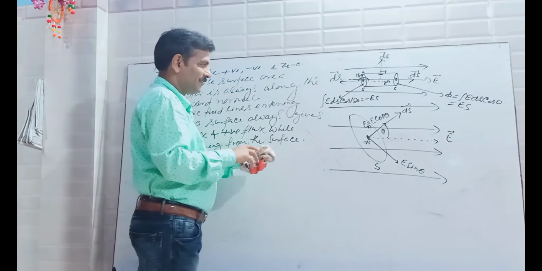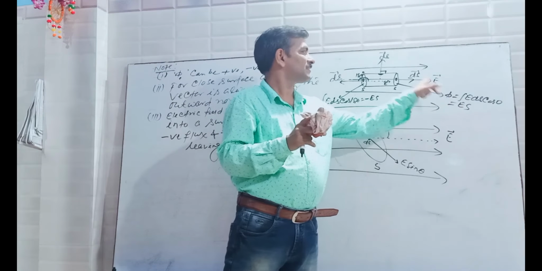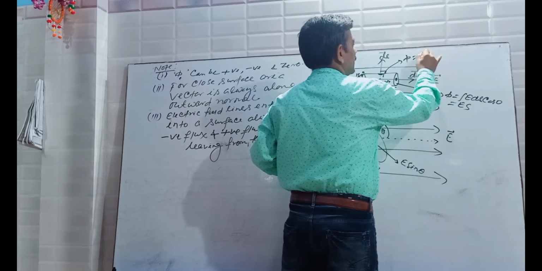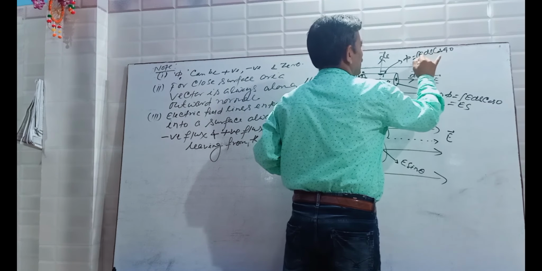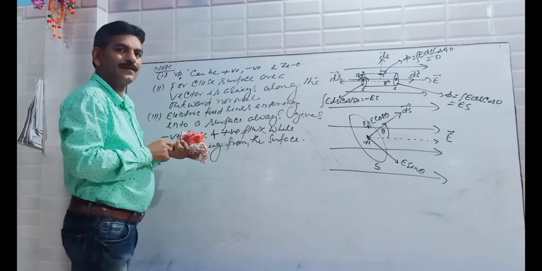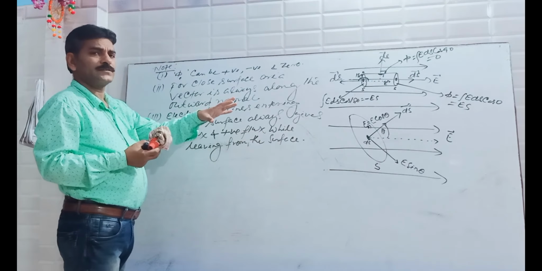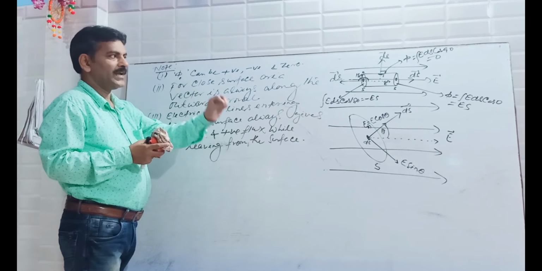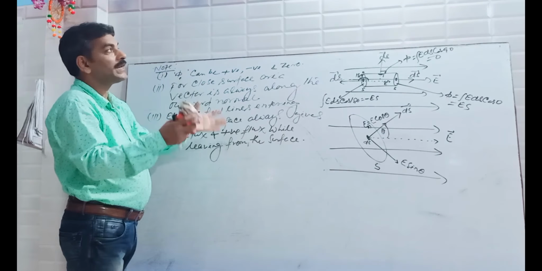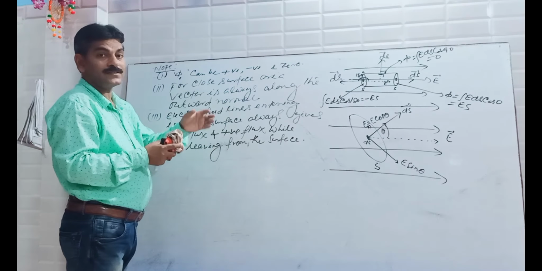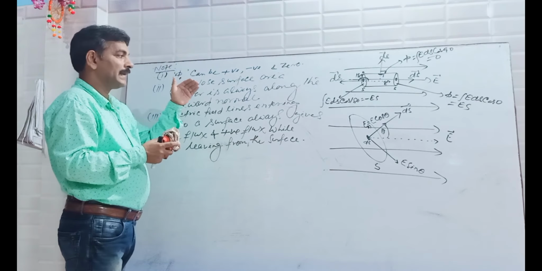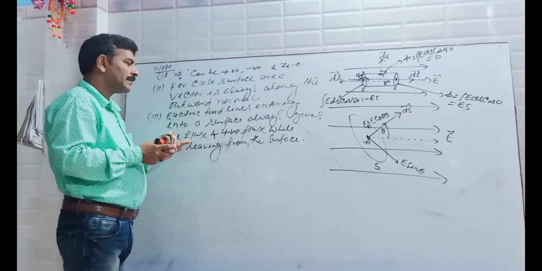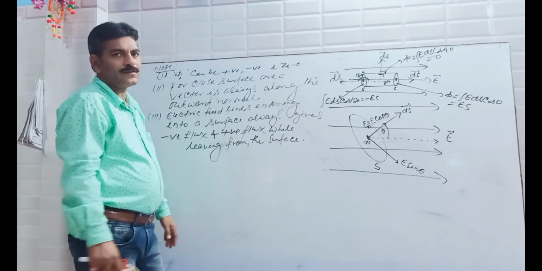Do you follow me or not? It is minus ES, it is ES, and this is 0. For this surface, flux is what? E dS cos 90. It is 0. So when a closed surface of any shape is placed in a uniform electric field, total electric flux linked with it is what? 0. And electric field lines entering into a closed surface always give negative flux and positive flux while leaving from the surface. Clear?